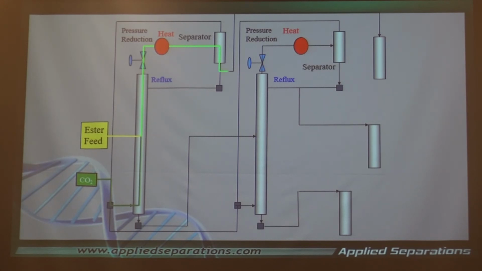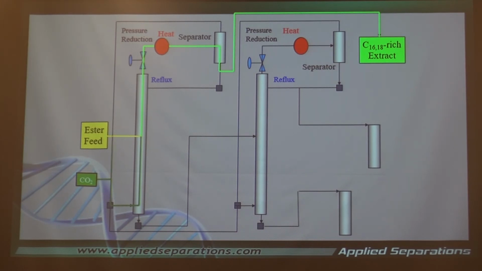It goes through the separator. This gives us an opportunity to reflux. If we didn't remove it all, we start refluxing. All right? Now, we took off, let me back up because I missed that. We're refluxing. We did remove the C16, C18 fraction, this extract. That's not the important one. The eicosapentaenoic and docosahexaenoic acids are in this fraction here.